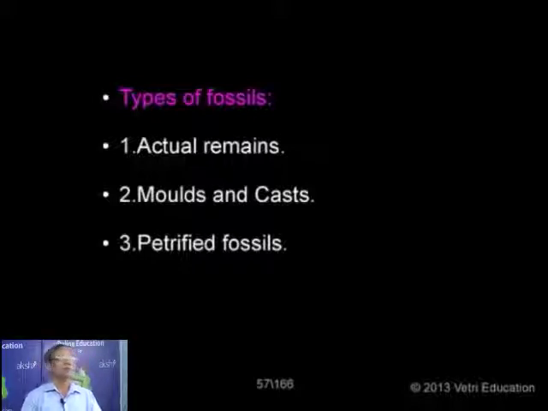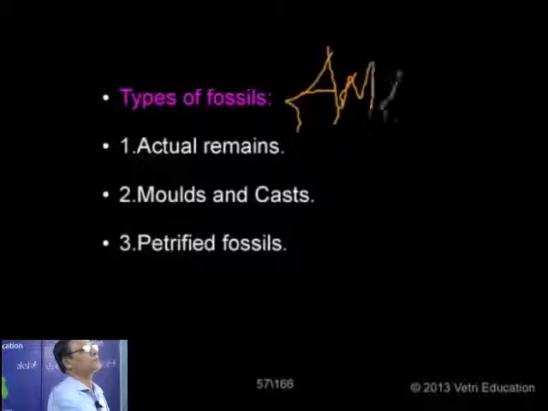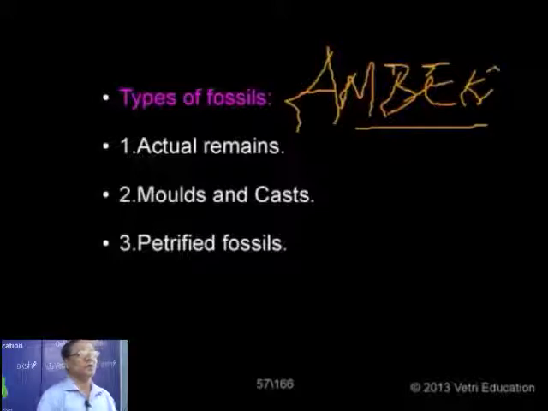What I said, one woolly mammoth which has been collected nearly 20,000 years back in Siberia from the frozen soil. And also we have the insects. The insects have been preserved as such by means of one resinous product, what is called amber. So it is acting as a preservative, a resinous product and exudate from the plant body. The insect which was captured or trapped in this resinous body, stored or preserved as such. They are considered as actual remains. The original body parts recovered.